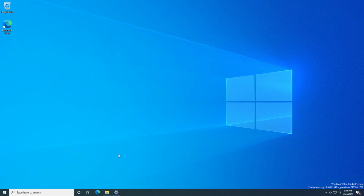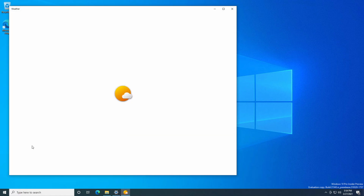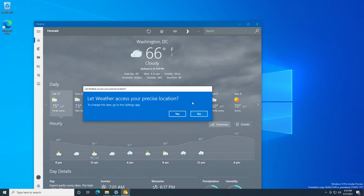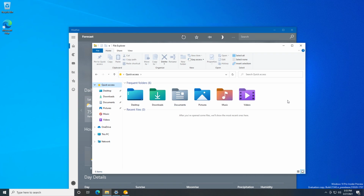Yeah, for now, as it's still a very early 21H1 view, there's not a lot really to see, but eventually, I assume they are going to add major features here. It's going to get remodeled. 21H1 is actually going to be big in terms of visuals. They're changing the icons, so definitely they're also going to change a lot more than just that. The weather app is basically the same still, which I have on 1909, which I'm still running on my main desktop. And I wonder if they're actually going to carry over